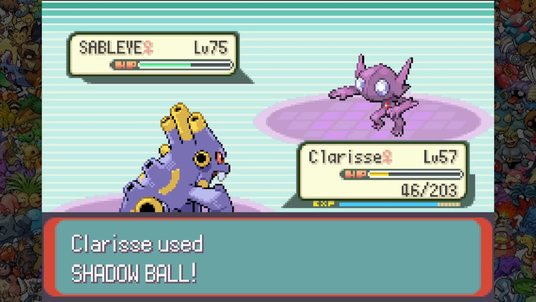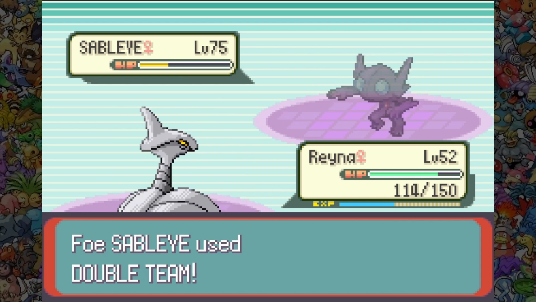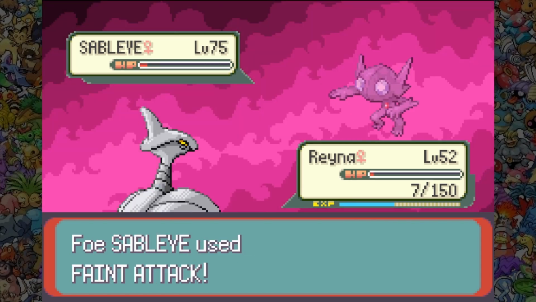Sableye's last, and after our Shadow Ball brings her to about half, she takes us down. I send out Reyna, who can do alright damage, but Sableye sets up a Double Team. I really should have taught Skarmory Aerial Ace. Thanks to Night Shade doing most of our health, she takes us down when we're 1 hit away from winning the